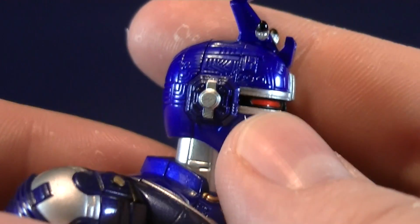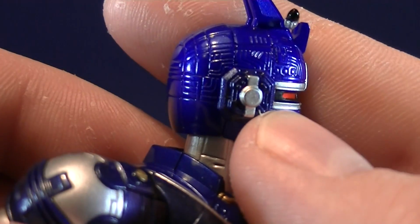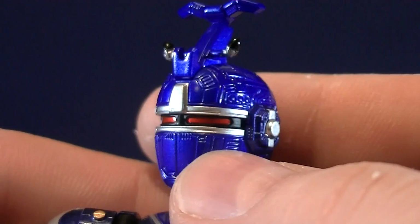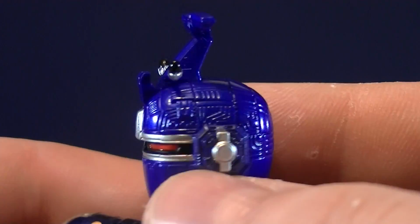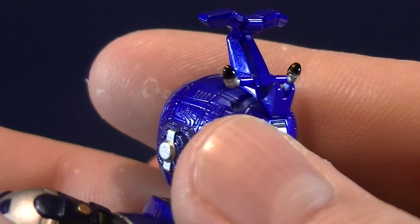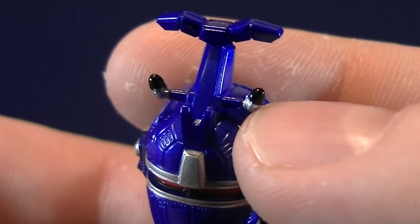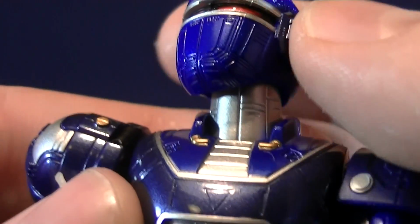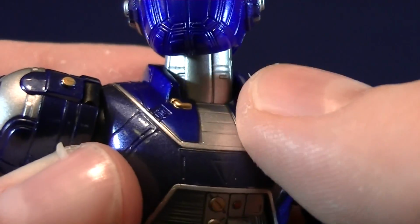It looks really nice. For the earpieces, you get this nice dark blue with some silver on the inside. And the rest of the helmet is this more metallic royal blue, which looks really nice. Really like the Japanese rhinoceros beetle crest on the top of the helmet here. And you get some black bulbs coming out of the side here. It looks really sweet. Then moving along the neck here is this nice metallic silver paint, which comes along to